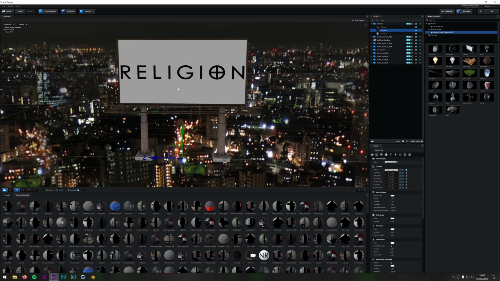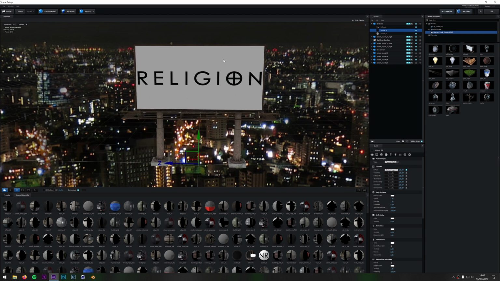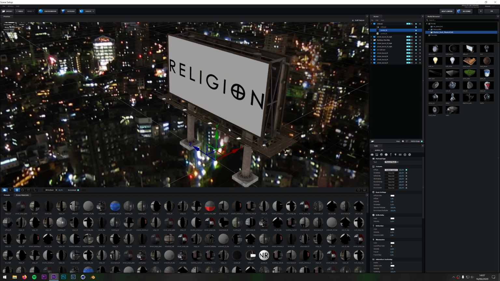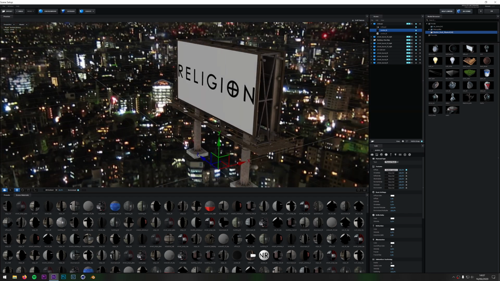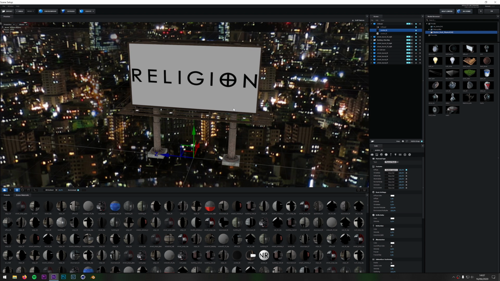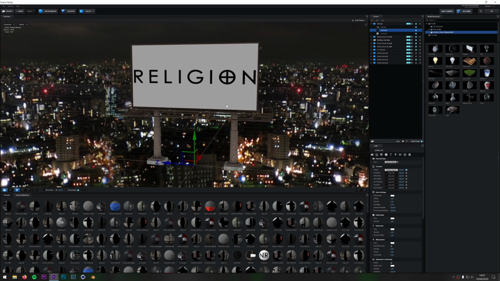So you can add any picture you want or video into here that you desire. This makes it really powerful to use as a transition, because you can come out of this one, then spin around and go into this one, or come out of this one. And that's not just limited to the billboard. You could use any object. So this is really powerful because it gives you options of combining real footage into 3D scenes and making it look like a seamless transition. And it just gives that sort of surreal effect, which works really well.